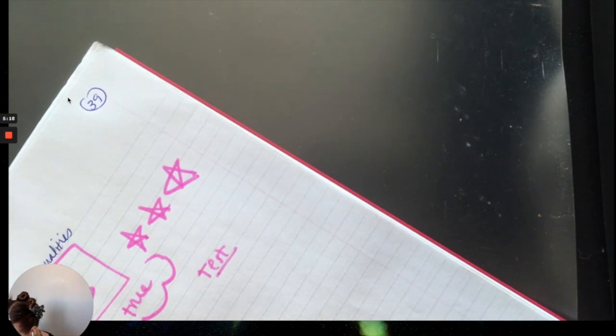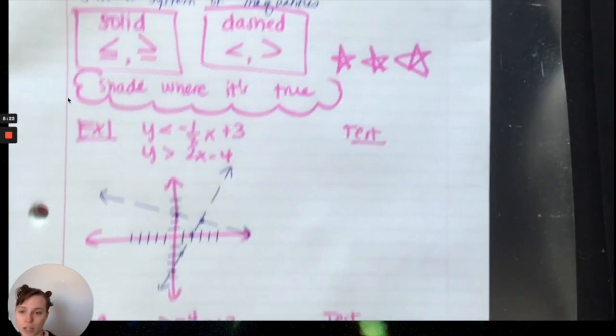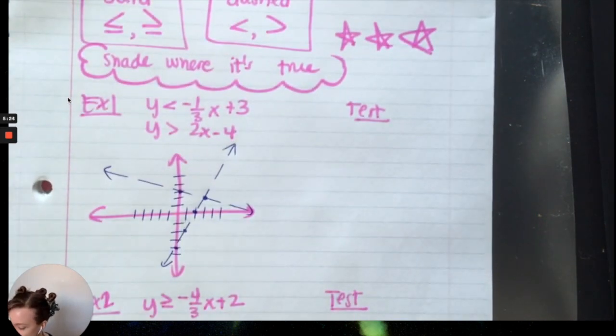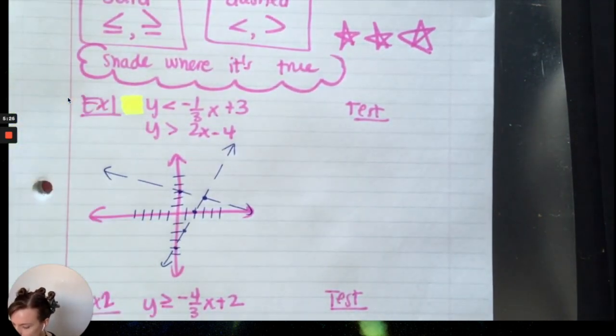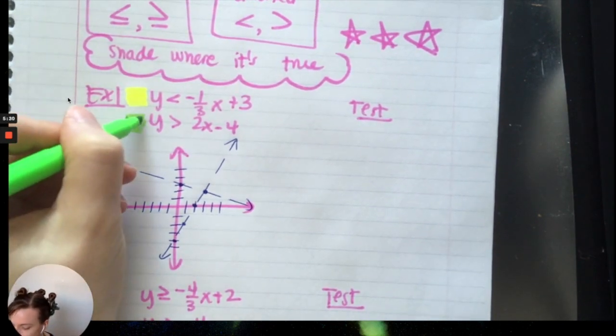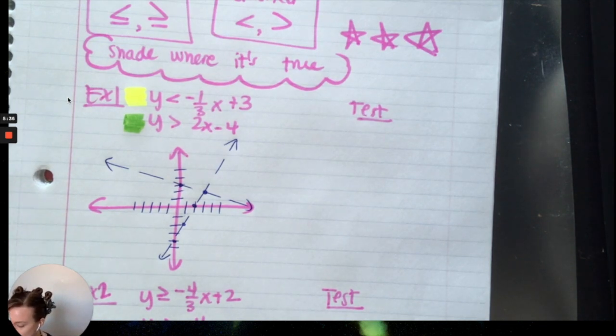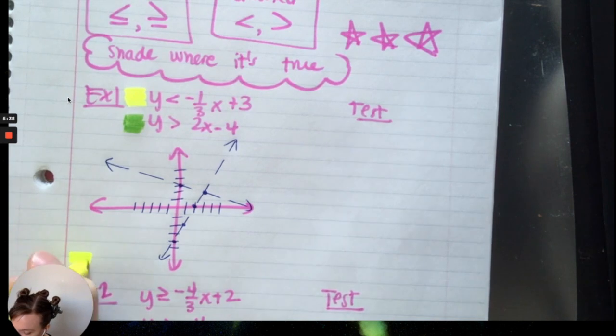And remember, it's a dashed line. Okay, so I'm now going to test for each of these. I'm going to make this first one have a key of yellow as its solution and green as its solution, which then would mean the overlap will be their solution. And if you want to make a key of that, you can as well, and say this